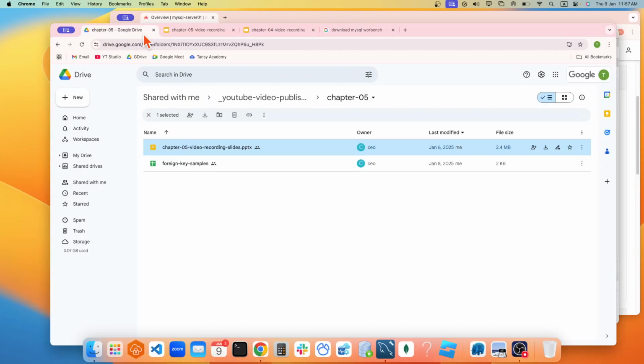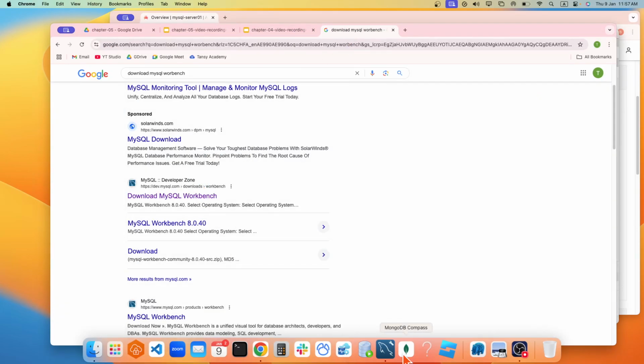One more thing, this Workbench, right? This particular client tool is called MySQL Workbench. If you type in download MySQL Workbench in Google, you will arrive at these search results, and I'm going to click this, dev.mysql.com downloads workbench. I click this link,